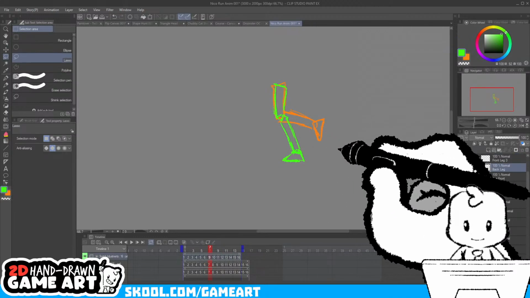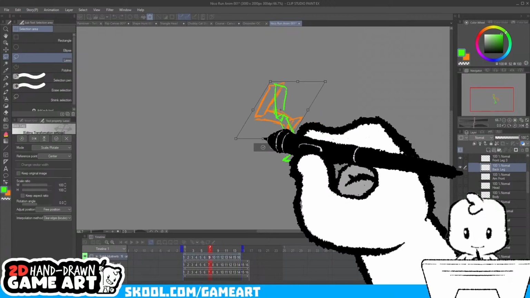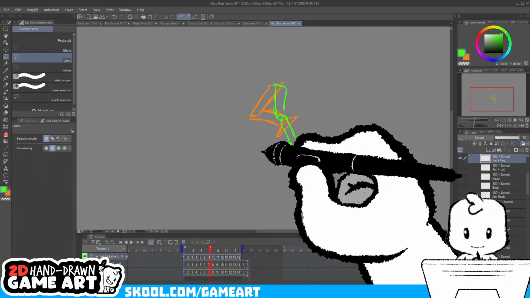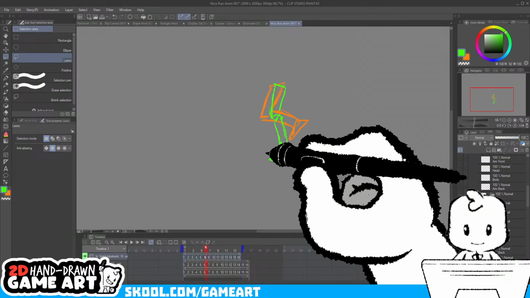So this leg is also going to be pushed way out here. And we can fix for the proportions later on.